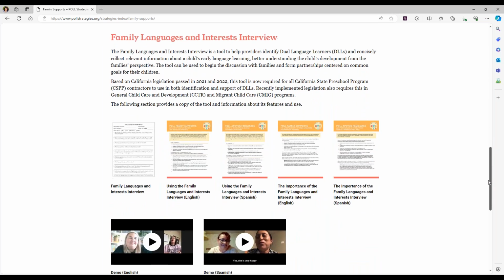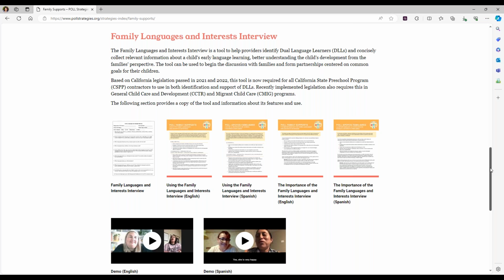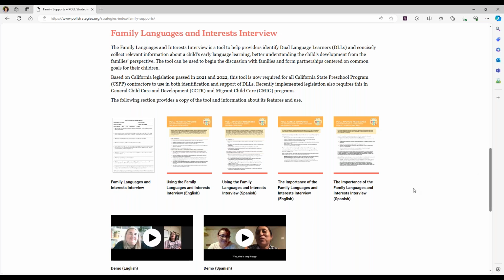notice the family language and interest interview has its own section on the family supports page because it is one of the key tools of family supports. And so the family language interest interview, like we talked about, is that tool that helps providers identify dual language learners and start to collect that information about a child's early language learning so they can understand from the